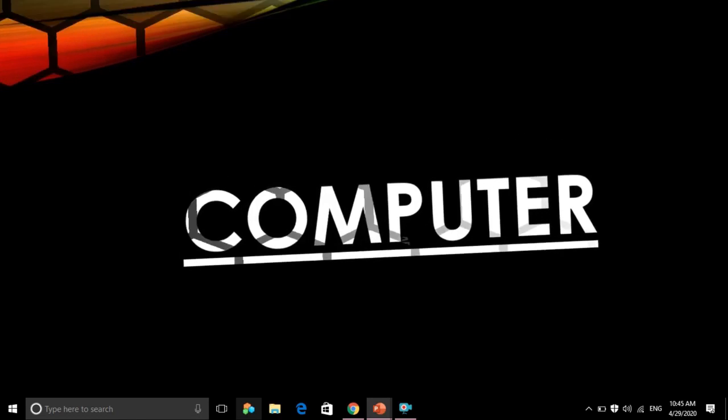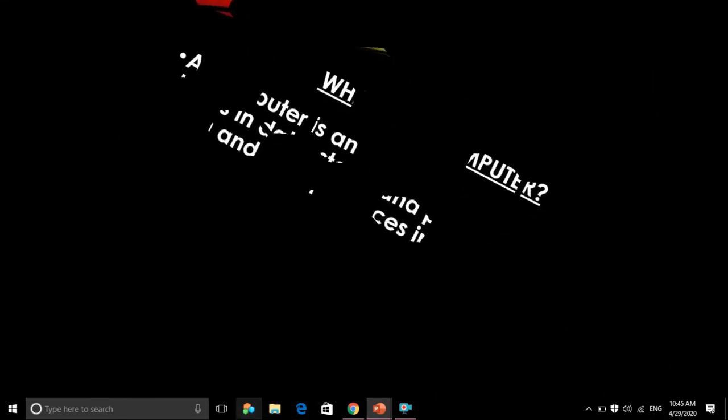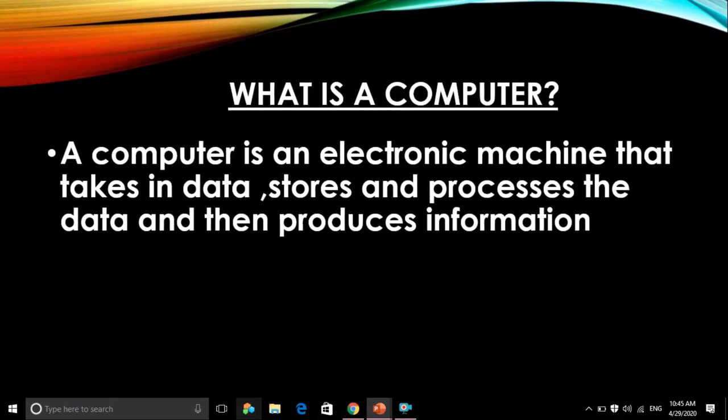Okay, what is a computer? First one is, what is a computer? So a computer is an electronic machine that takes in data, stores and processes the data, and then produces the information. So computer is an electronic machine, that is we are using electricity, right? In order to open and everything we need electricity, right?